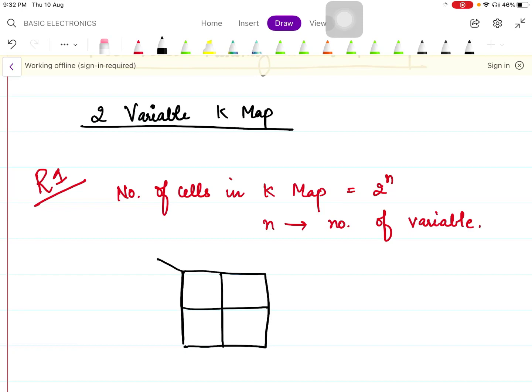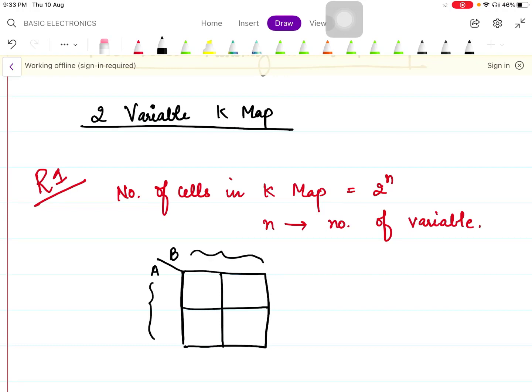Now there will be two variables. That means any expression which is having two variables, we can simplify it by a two-variable K-map. Let the variables be A and B; this time it can be anything. Whichever alphabet comes sequentially first will be placed downwards, and whatever alphabet comes afterwards will be placed upwards. So you can understand it like this, that this part belongs to A